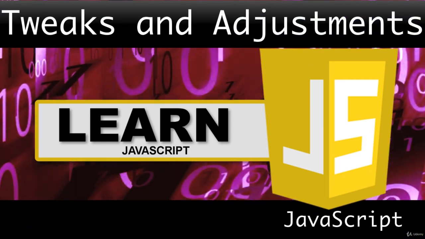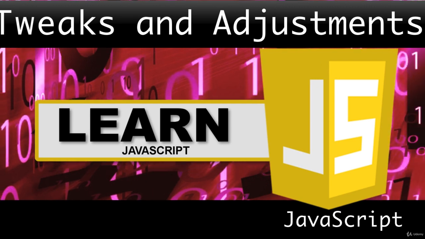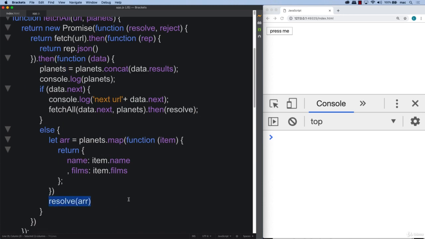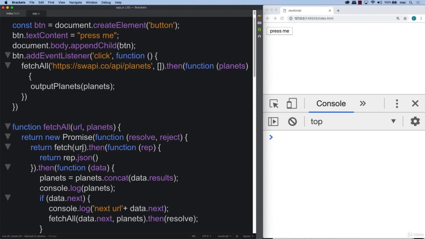And I know we've gotten into some fairly complex stuff where we're looping through and we've created a bunch of promises, but it is important to understand how they all work and how it all can fit together and how you can continuously build out an object using promises until you reach the final result, and then finally breaking out of the promise with a resolve and sending that information back where you can use it and output it on